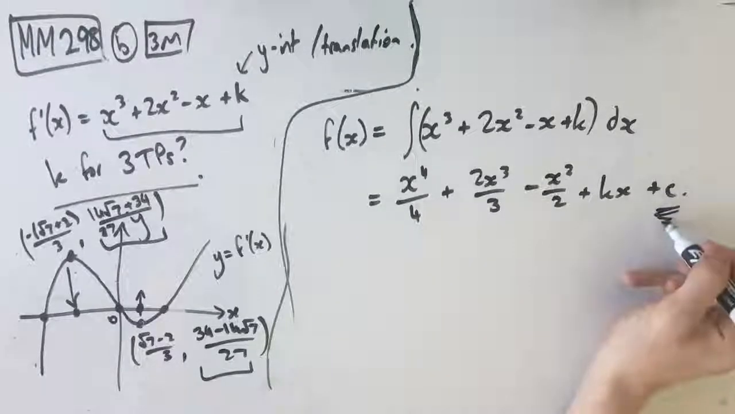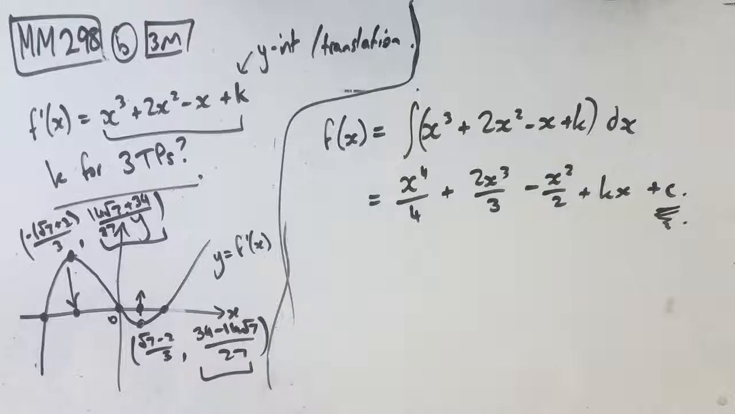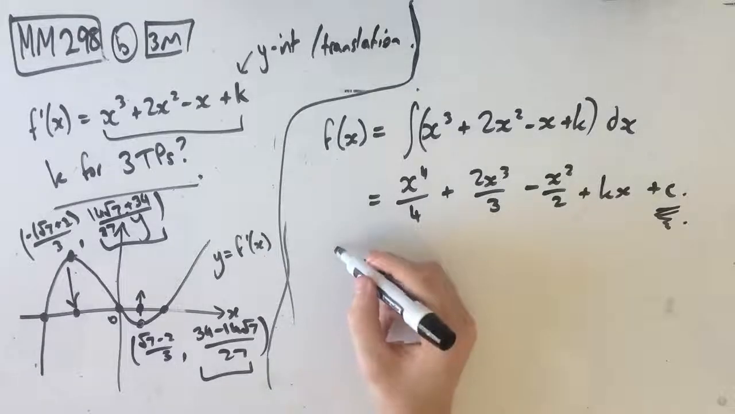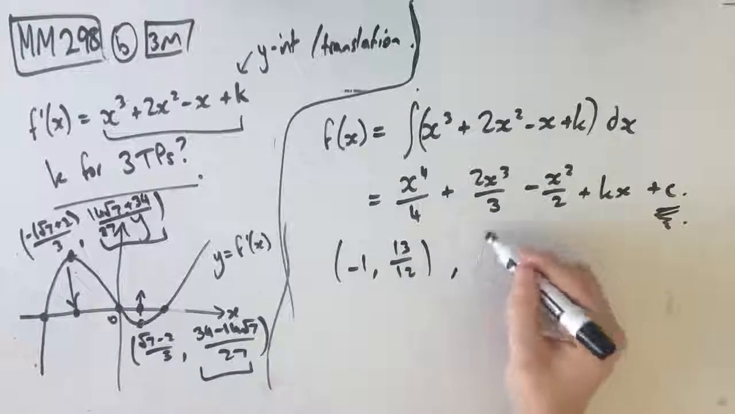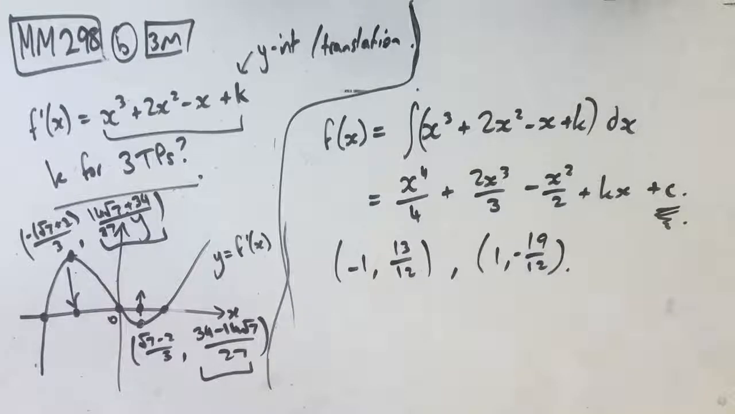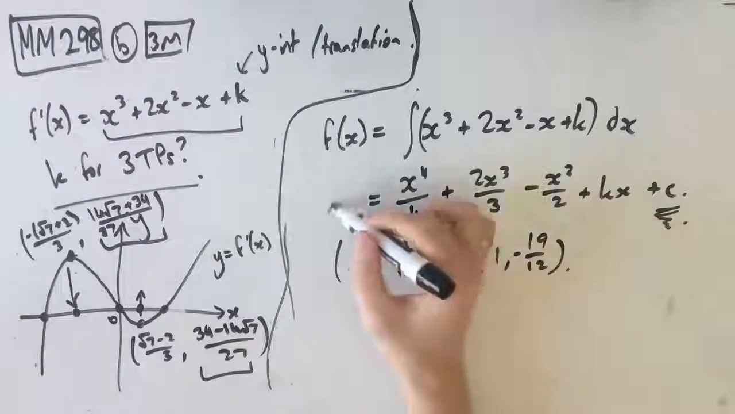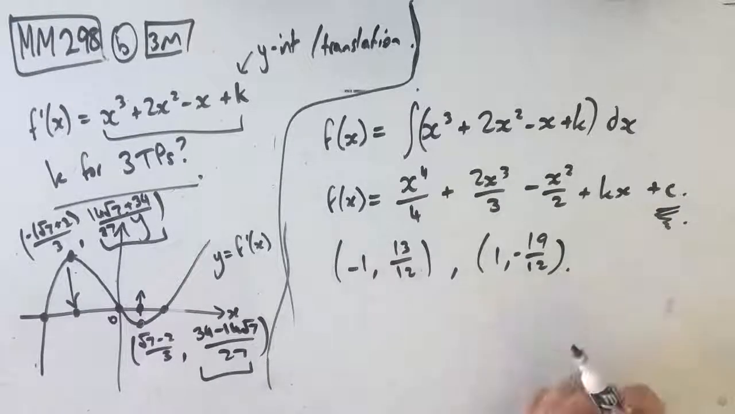So don't forget our plus c on the end there, because when we're evaluating this like this, we always need our plus c, especially when we're finding equations. So we know that this goes through -1, 13 on 12, and 1, -19 on 12. So we have two unknowns here. We know this is f of x. We have two unknowns, and we have 2 points, which means we're going to be able to solve this using